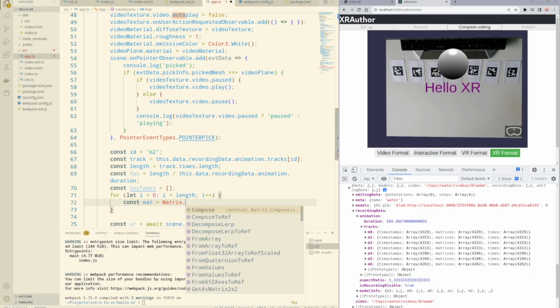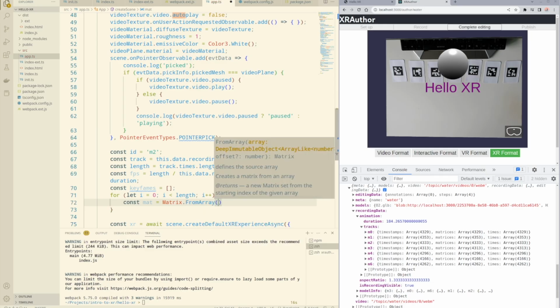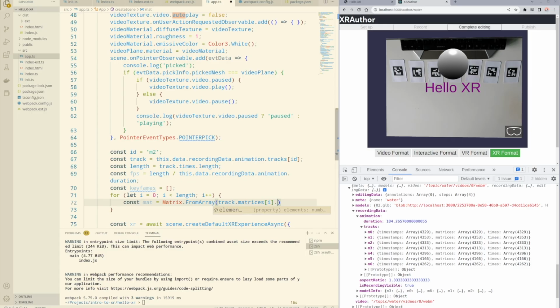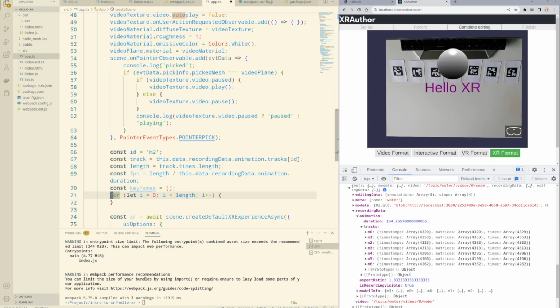So Babylon.js has the matrix dot from array function we can use. Each track has multiple matrices, one matrix for one frame. So we give the index and get the elements. Okay, this way we can construct